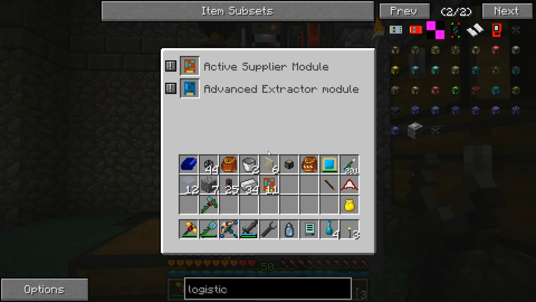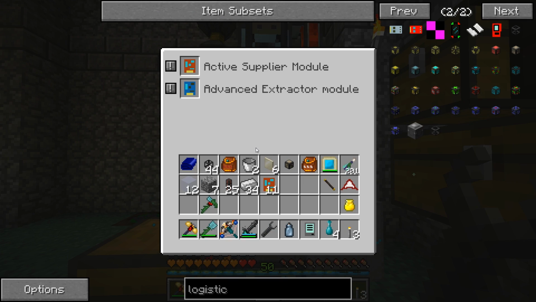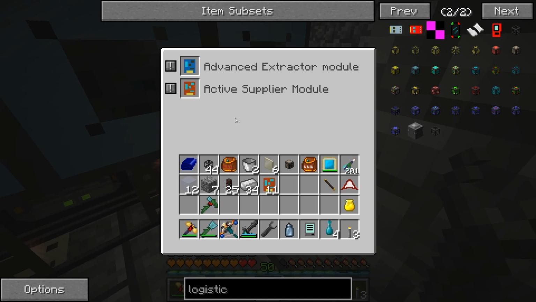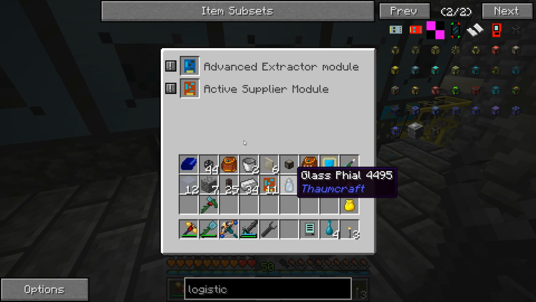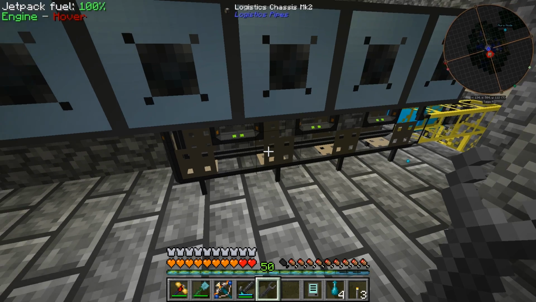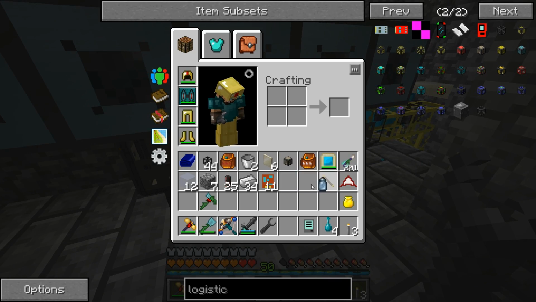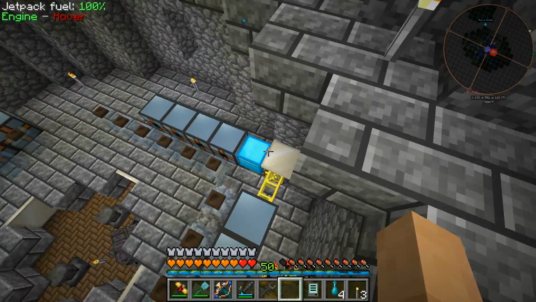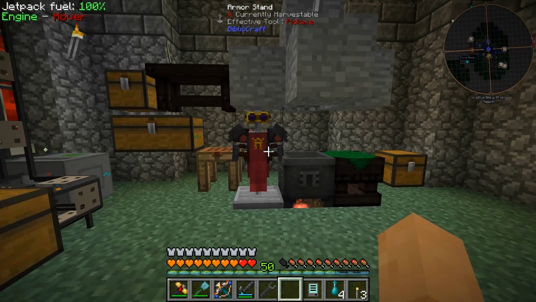So, let's just see. What did I do here? So, excluded was glass vials. That means it is not pulling out glass vials. We want it to pull out the glass vials, so we will probably just have to do an included of the glass vial. Okay, and I'm going to do that across the board here, because that means that once it's a plain old glass vial, it'll pull it out. Okay, good and good. We can give this a good test here in a second. Then on the active supplier module, this is the one that we're going to be setting up as we go. So what do we have in these jars? I do not recall. Let's just...